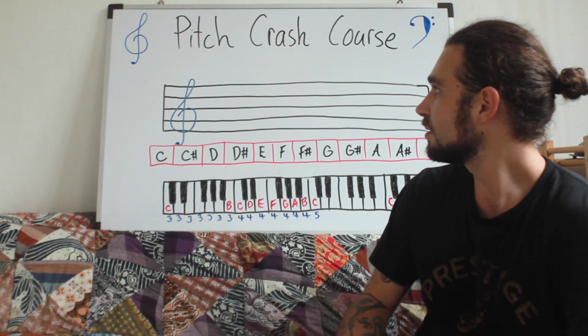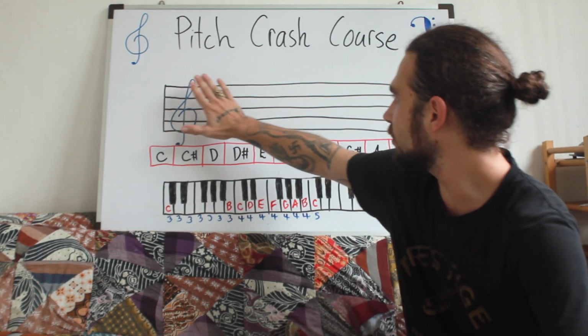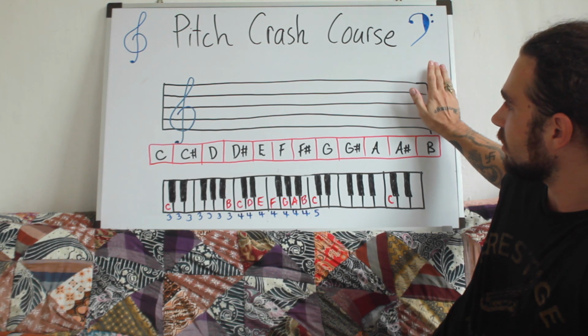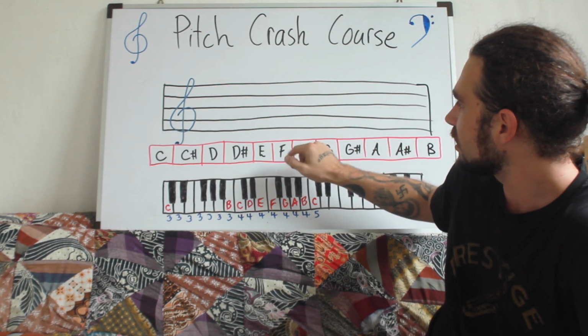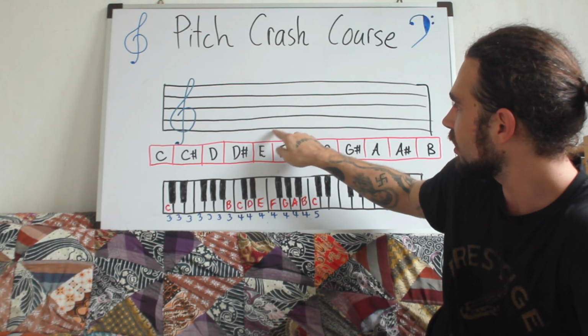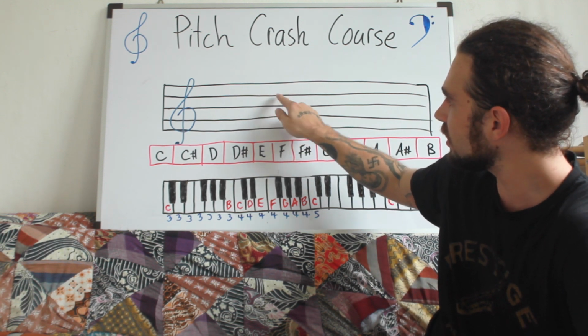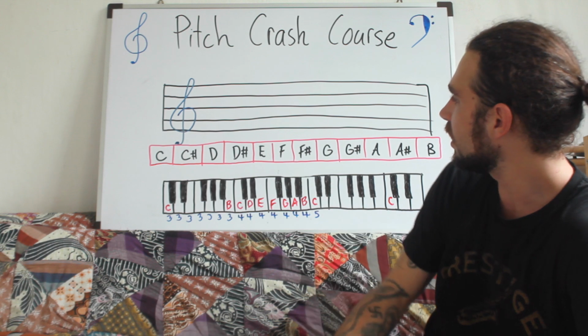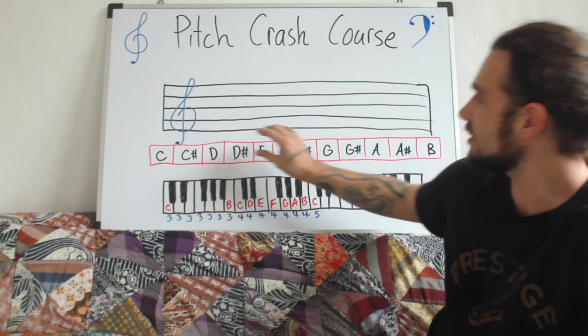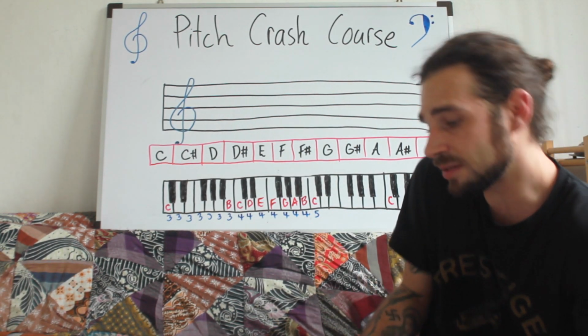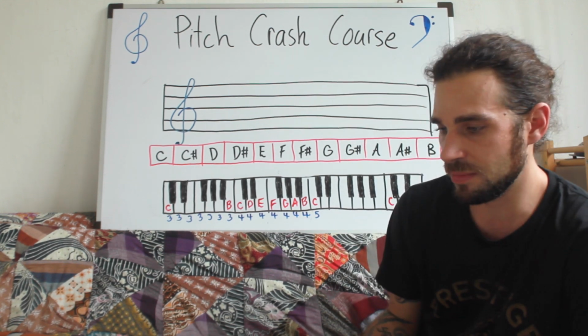Alright guys, so here I have just our treble clef drawn with the staff, so our 5 lines. So we know E, and the space F, and then G, A, B, C, D, E, and F. But first I'm going to take you through what's called the musical alphabet, or another word for it would